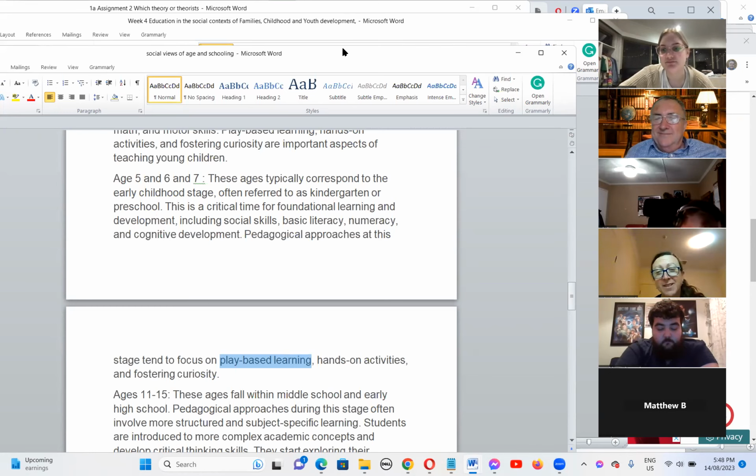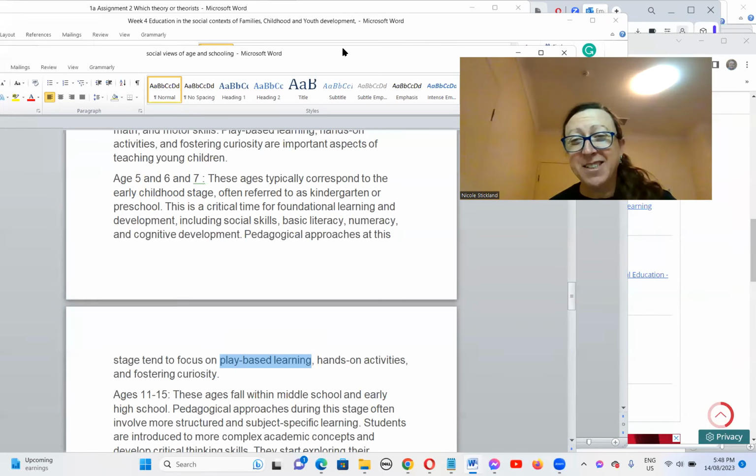I think it depends on the teacher themselves and their own pedagogy.